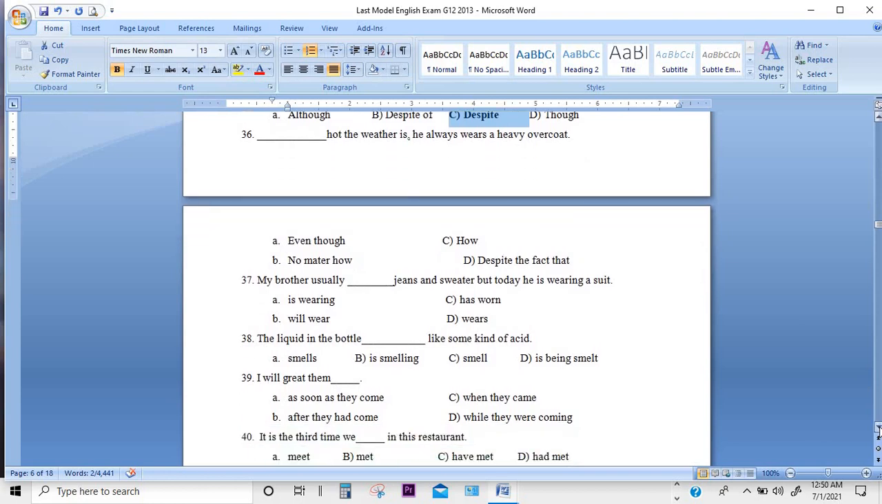Question number 36. Dash hot the weather is, he always wears a heavy overcoat. Again, this question is from concession clause. ተጋጣሚውን በተከታታይ የተቀመጡት ይሄም የconcession clause ጥያቄ ነው. Dash hot the weather is. አሁንም ስትራክቸሩን ተመልከቱ ከblank space በኋላ ያለው adjective ከዛ ስም hot the weather is. ስለዚህ ከፊት ለፊት የምናስቀምጠው introductory ሆኖ like no matter how or how የመሳሰሉት